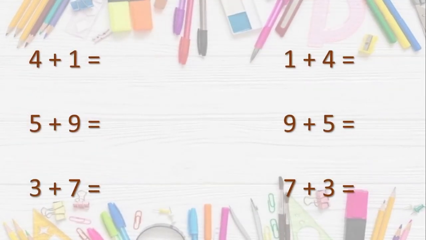Here we will go through some numbers. We have to do addition. First one, 4 plus 1. You can use your fingers. 4 fingers plus 1 finger together make, yes, very good, 5. Okay, then move to the next sum, that is 1 plus 4. See dear children, here I have changed the order. I have taken 1 in the first place and 4 in the second place.